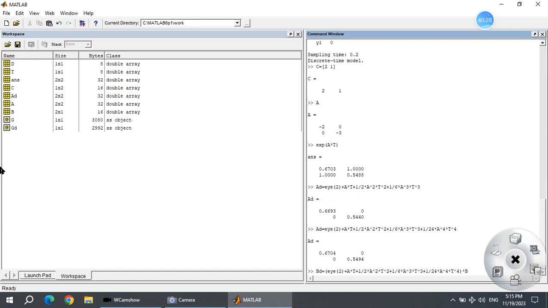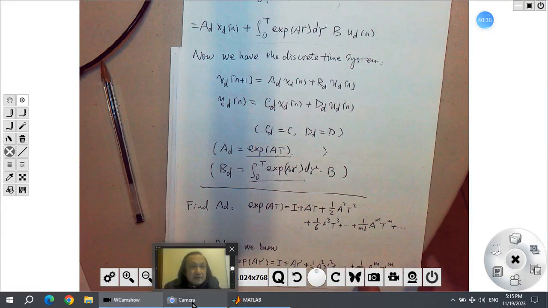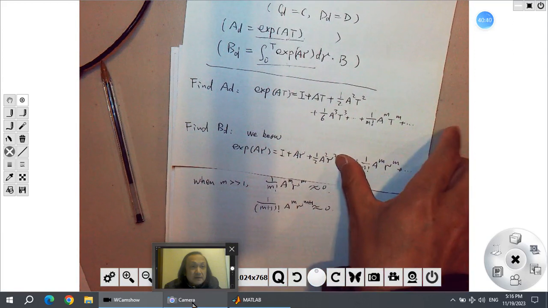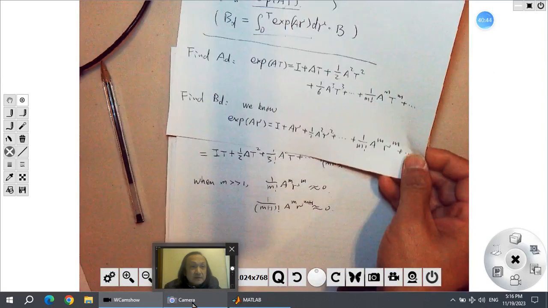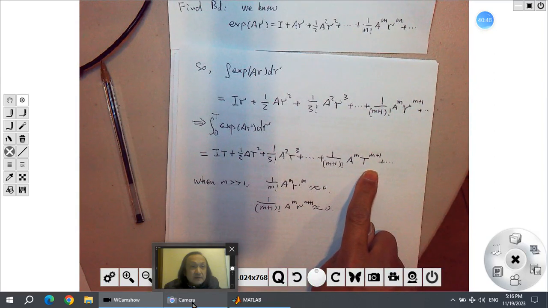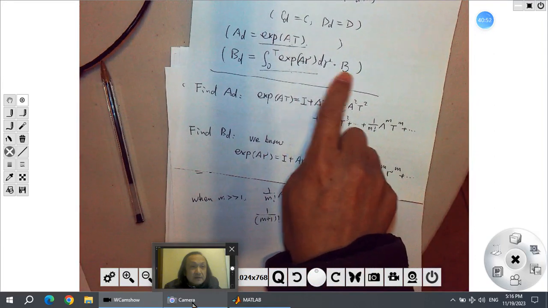But the formula here, I have the formula in the note. Let's go to see the formula. We need this exponential power, right? Yeah, this one. We need this one times B. It's this integral times B, and this integral,